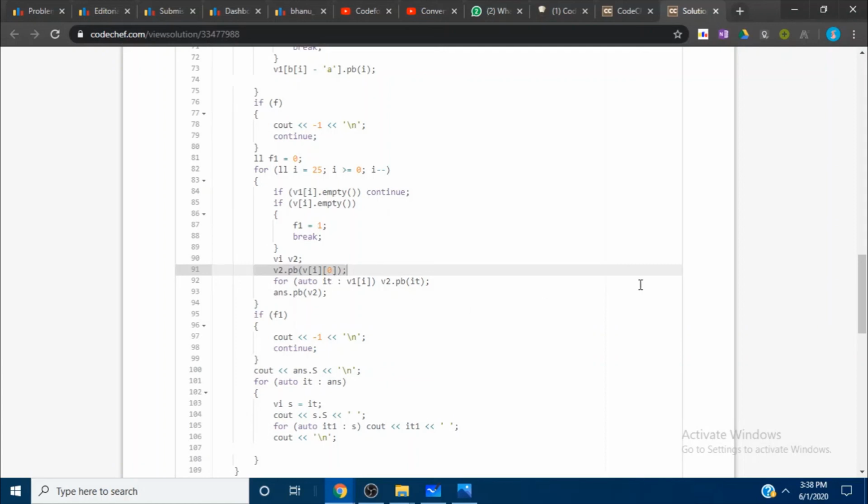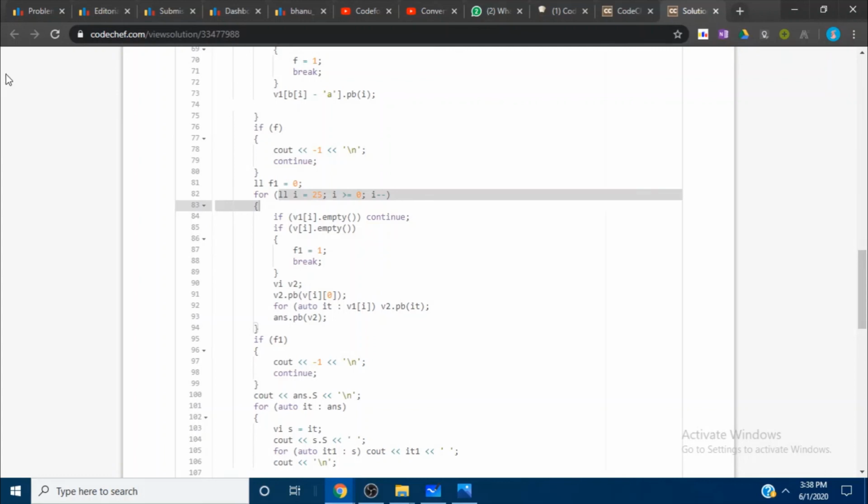Before that, we are looping from 25 to 0 in reverse, so from high character to low character. As I mentioned, we need to change the characters of string A to string B in increasing character order, right? So that's why I loop in a decremented manner.